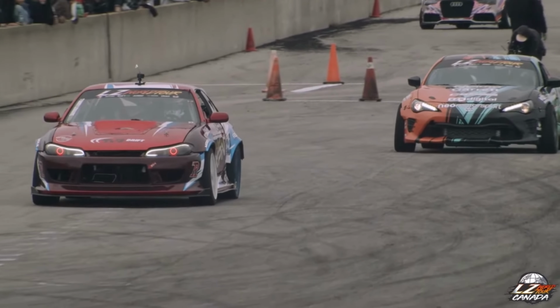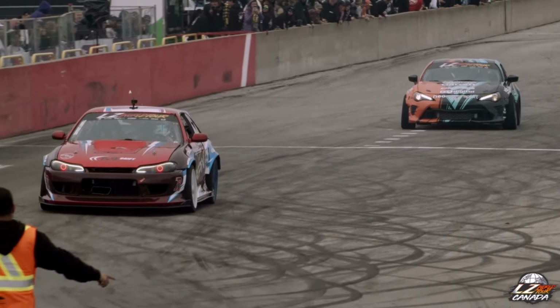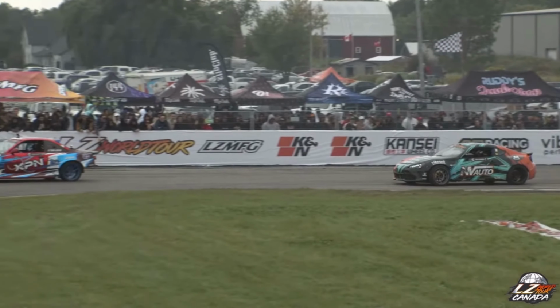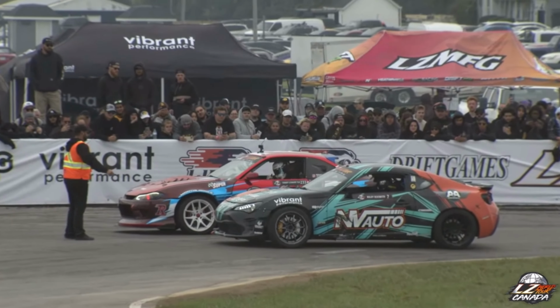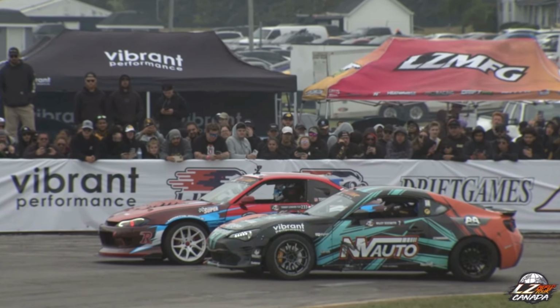It's great to see 2 Canadian drifters out there, and this is what I love about the LZ World Tour. Everywhere we go, we get to see new guys, new builds, new cars, throw the locals in there for the local scene. We talked a little bit about it yesterday. I mean, this is the first competition Riley's had back after a really, really bad motorcycle accident back in 2021. So great to see